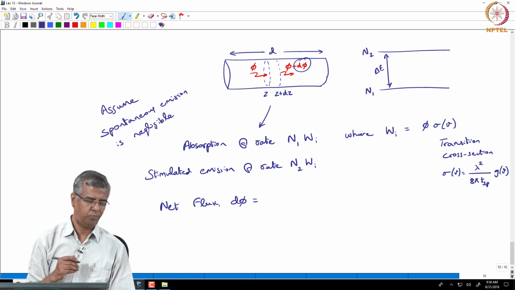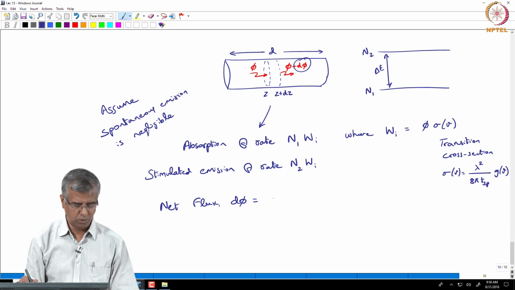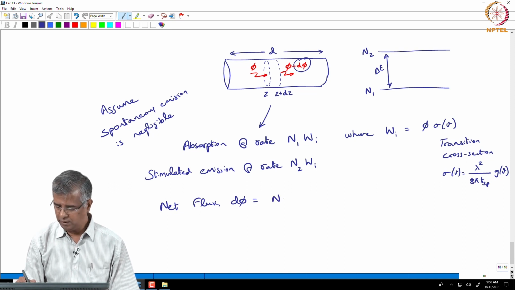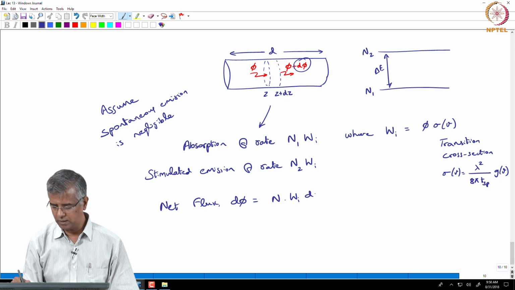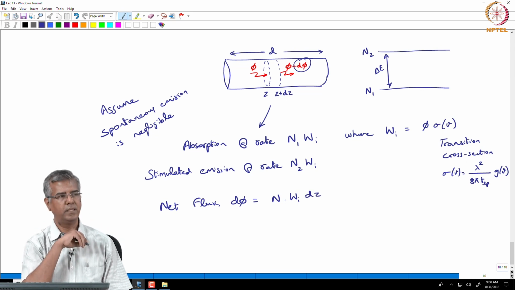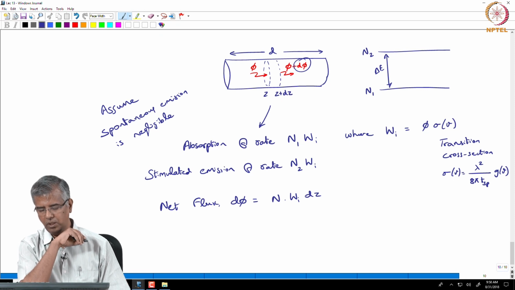So, the net flux is what you are trying to track, and that will correspond to N multiplied by Wi, and that is integrated over a length dz, okay, where